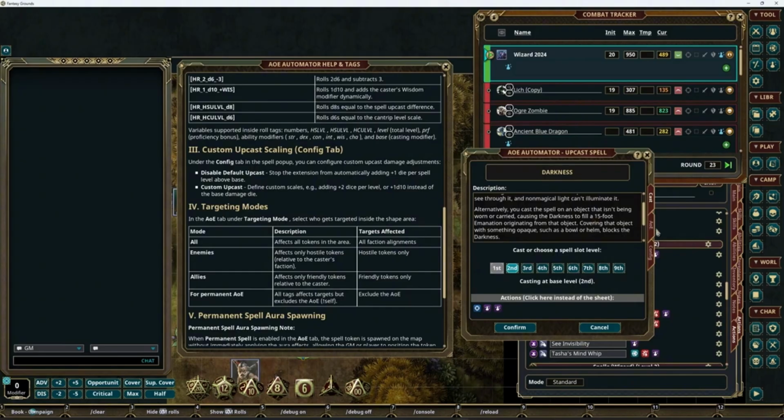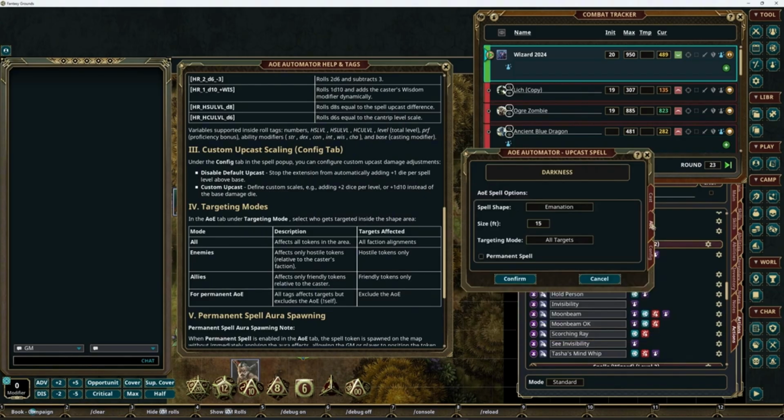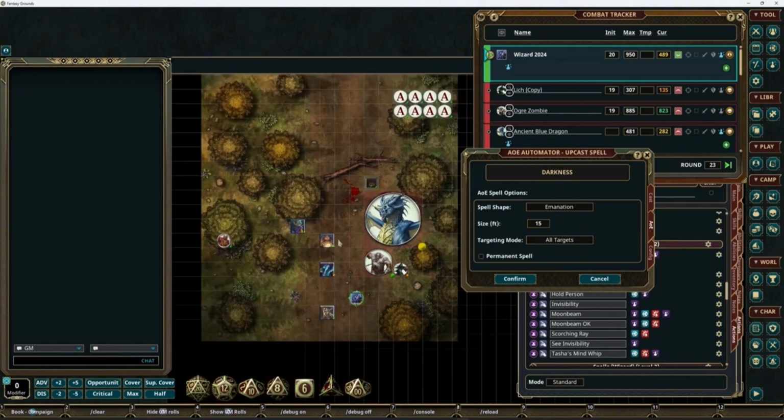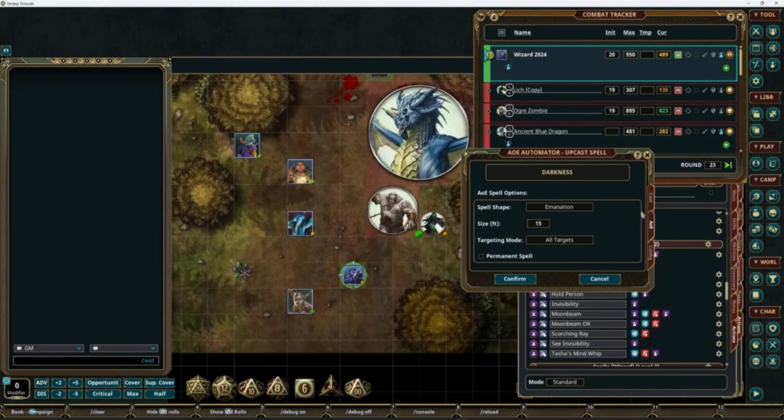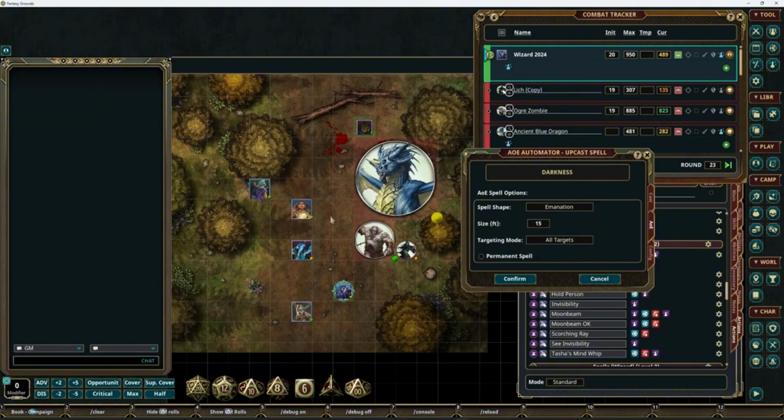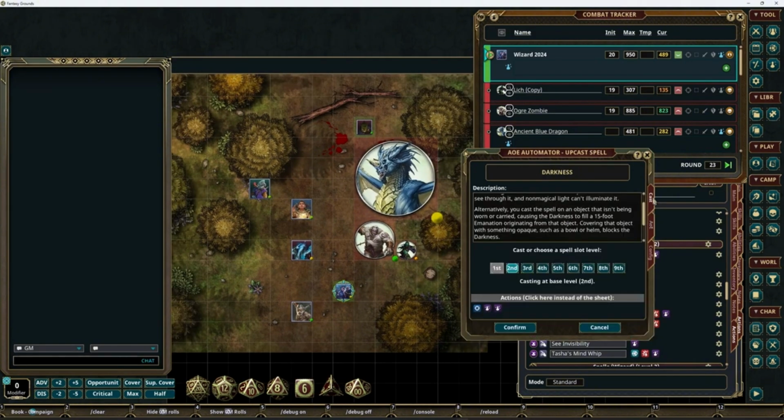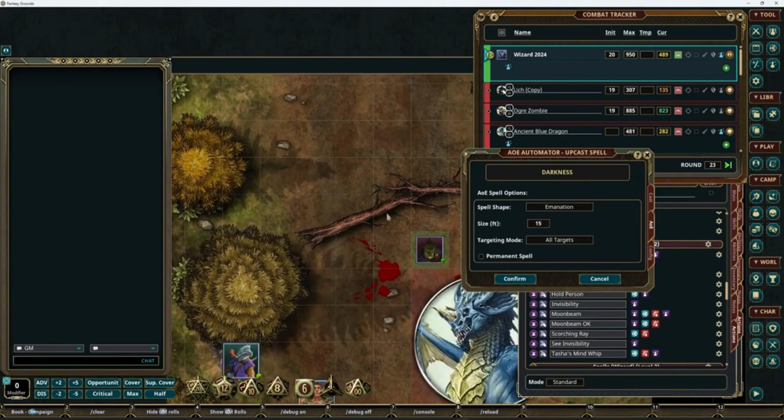So now, as you can see, if the spell is recognized as an area of effect, you can use this tab, and this tab will override all the automatic text parsing that the extension does. Basically, the default one is emanation. Okay, so if you want to cast on an object, you just say, okay, I want to cast